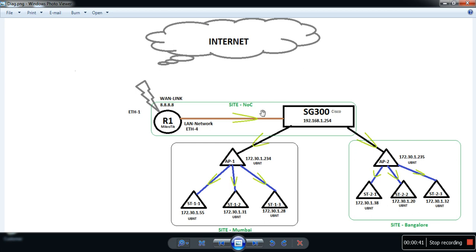Basically this is the internet, and here you can see that I have one router. It's a Mikrotik router. It's a WAN link connected on ETH1, and I have taken 8.8.8.8 as an example of a WAN link which I have received from my telco or my ISP. It could be anything at your end. It's your WAN link which is coming from your ISP. So ETH1 is a port number of my Mikrotik which is connected to this